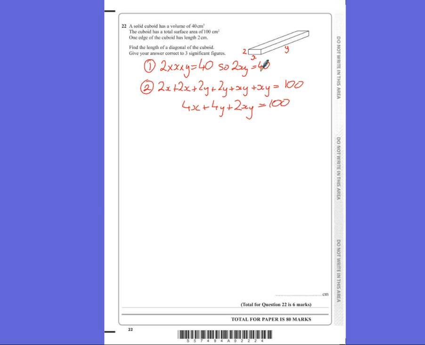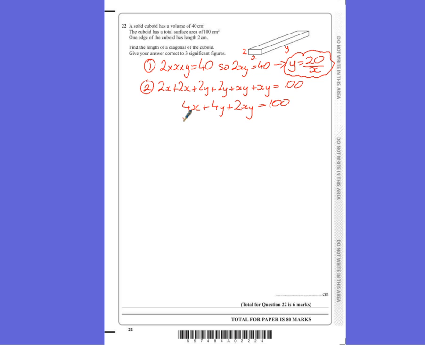This first equation we can rearrange to find out what either x or y is. I'm going to rearrange it to find out what y is. So rearranging that, I can divide by 2 and divide by x. So 40 divided by 2 is 20, and divided by x is 20 over x. So y must be 20 divided by x. And if I substitute that into this equation here, I've then got an equation with just x in it that